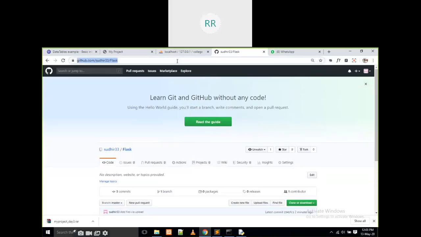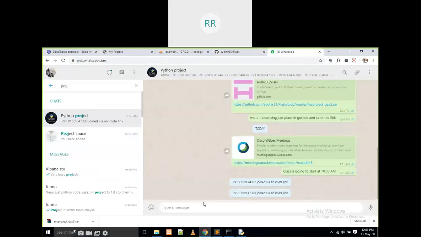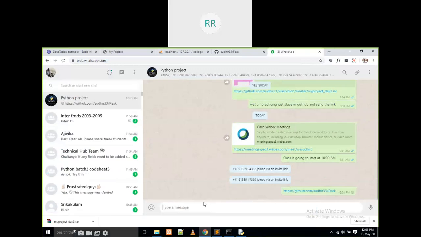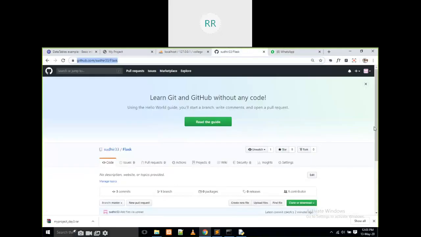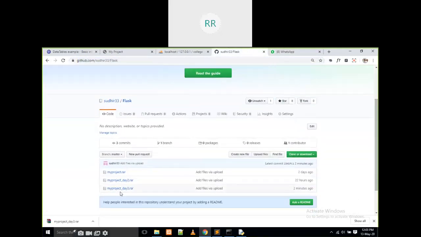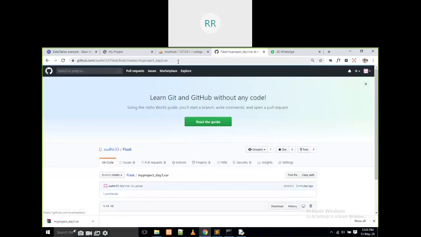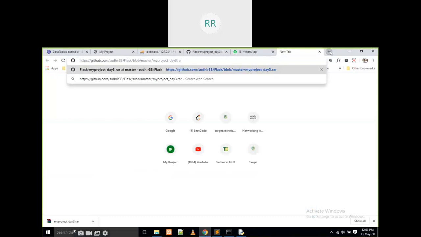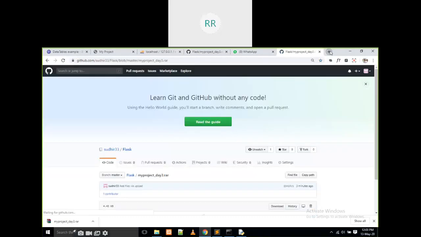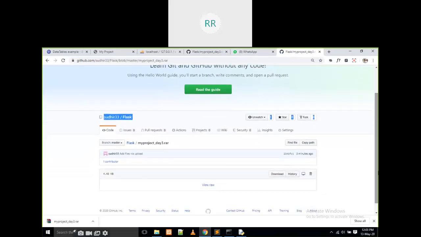This is enough. This is the public repository, right? I'm going to pass it here, and all the files are going to be in here only. If I want to share only one thing, I can click on it and share it. If a new tab is opened, it will open like this for everyone, because it is public. If you want to use it, just download it and work on it. That's it.